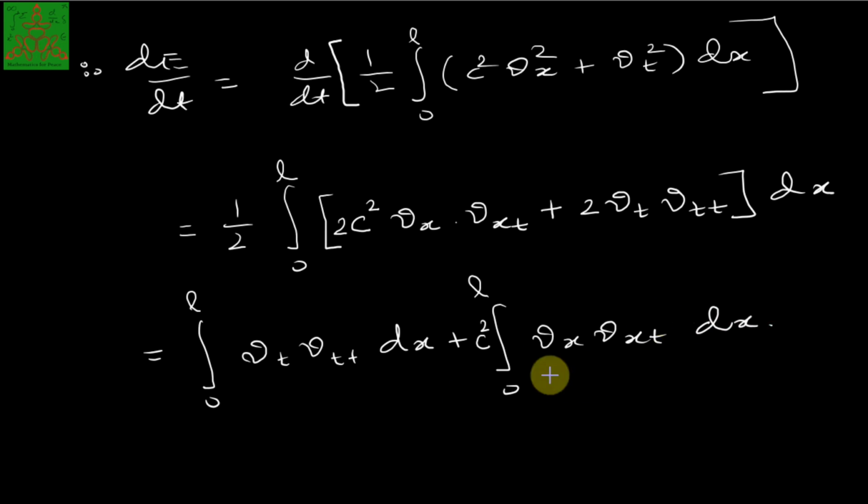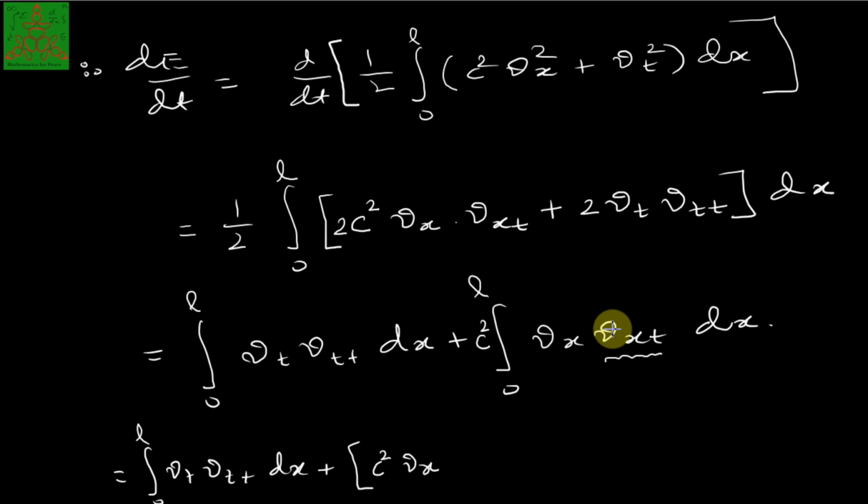Now we use integration by parts for the second integration, taking v_x as u and v_xt as v, so we get v_x times the integral of v_xt dx, with limits from 0 to L, minus the integral from 0 to L of